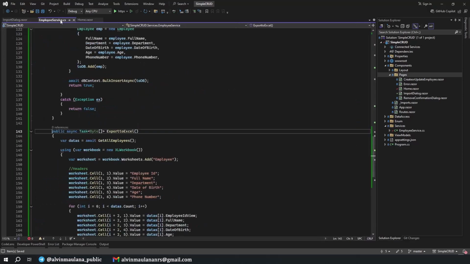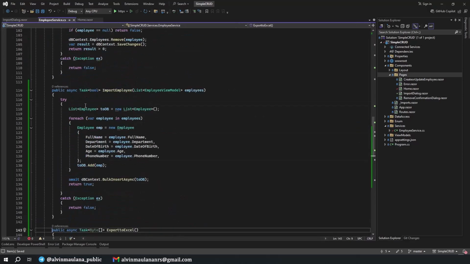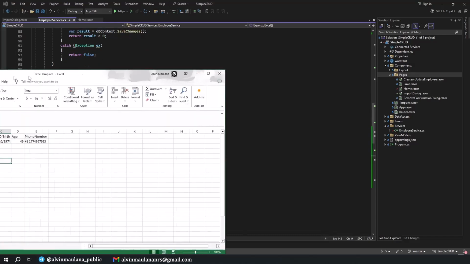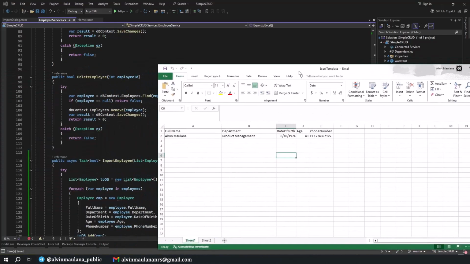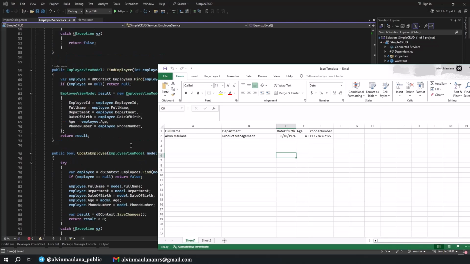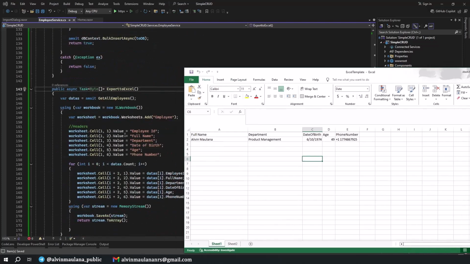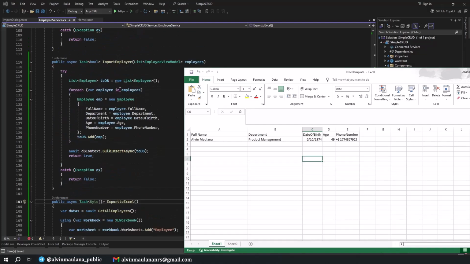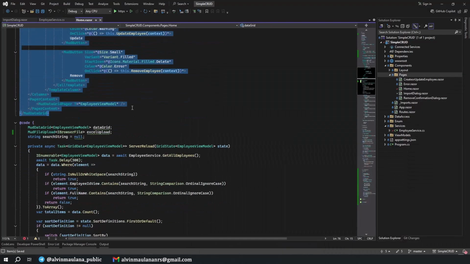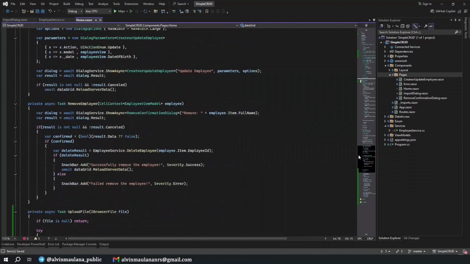Maybe we test it first, for the import employee, and then you should have this Excel template like we define. Where is it? In here, based on the header. Oh, no, this one is export, but home.